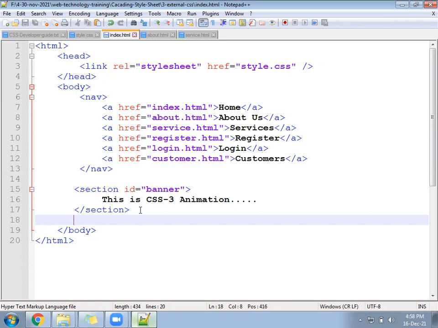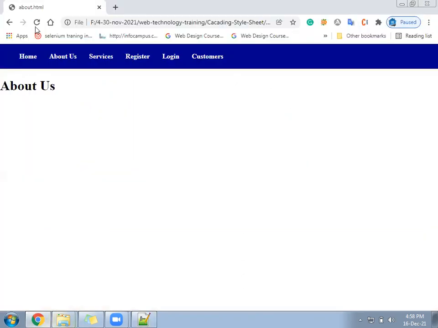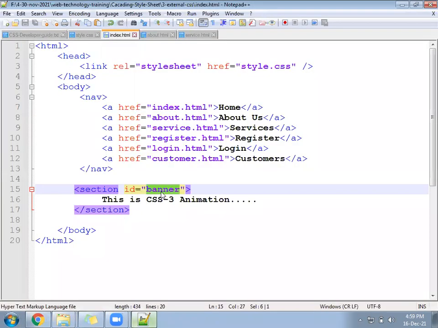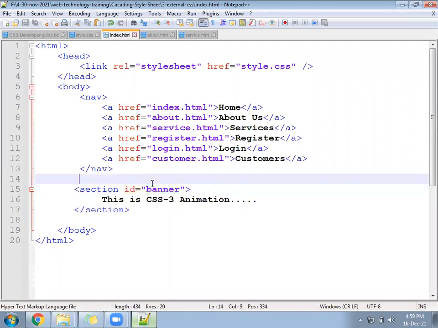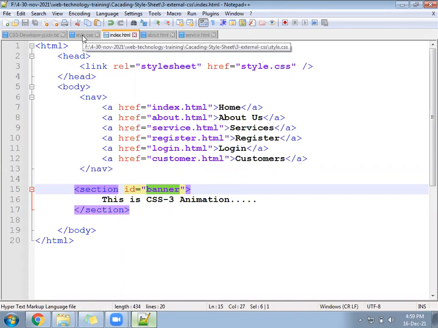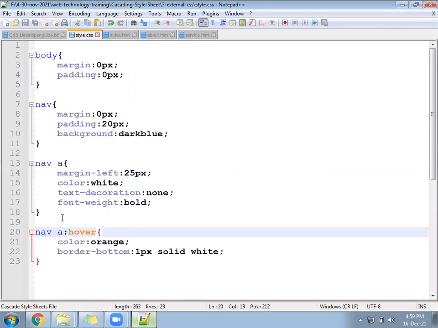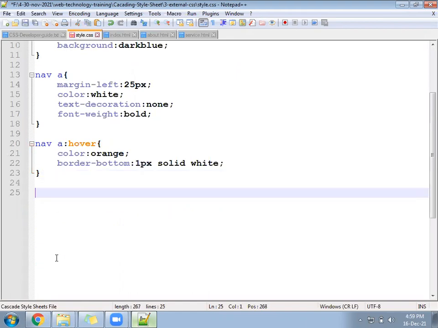Go ahead. Write the CSS for banner now. Without CSS, it will look like simple text. CSS will come and it will change the look of the content completely. So which file do we go to? Style.css. Right here has banner.